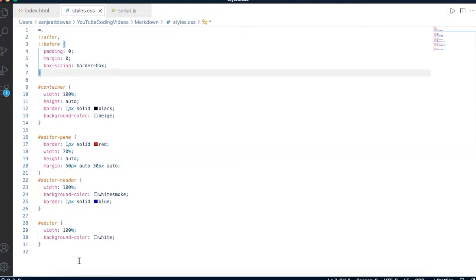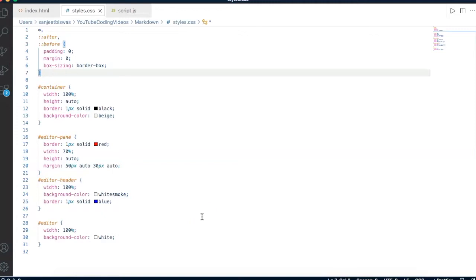But there are many ways you can give dimensions to an HTML element, right? You can do pixels, you can do REMs, you can do EMs, and you can also do it in terms of the viewport height and width, VH and VW. Now I prefer most of the time to use REM and VH and VW. So in order to give dimensions in REM units, what you have to do is